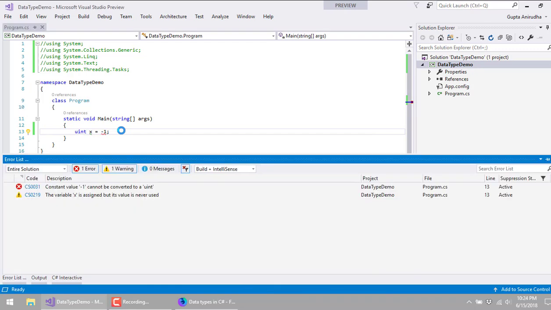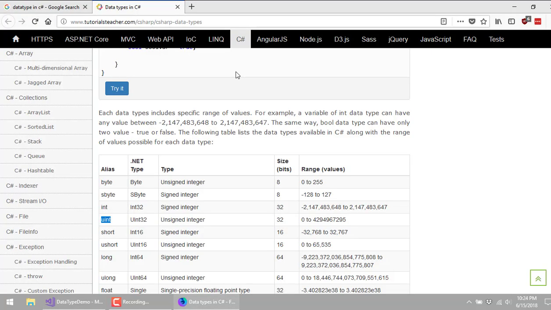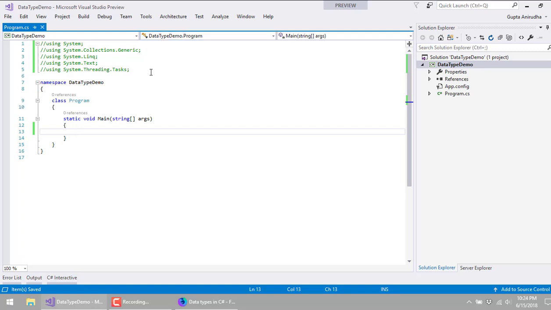It failed. Okay. So these are all predefined data types which are available